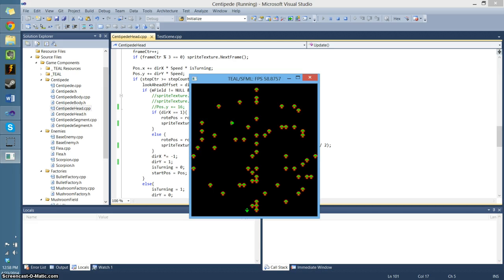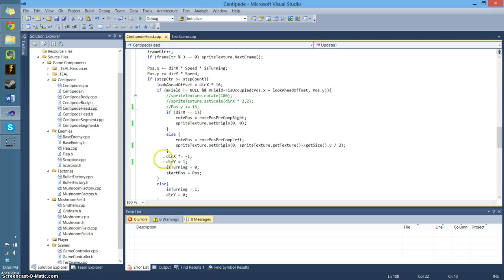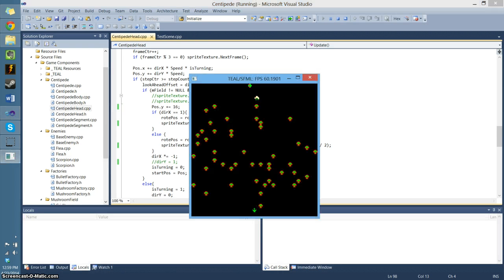To fix that error, I thought it might be my dir-y thing, because now it's just going down at my speed, and then the dir-y changes back to 0 once I'm at the next grid. But then if I changed it to just literally jump to the next cell, then it works perfectly fine,